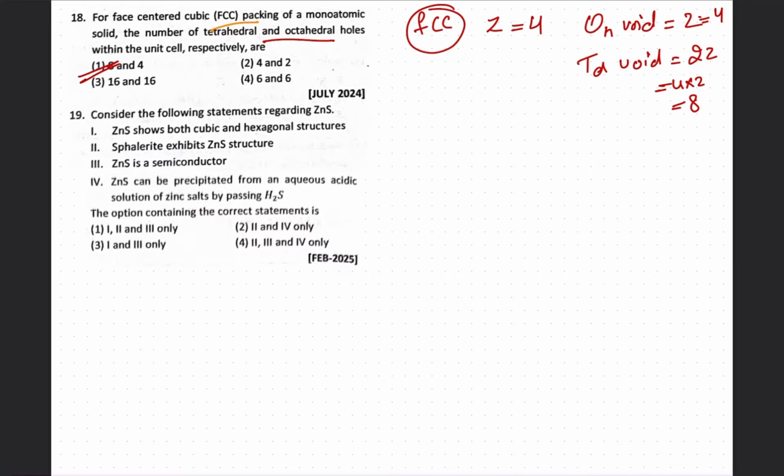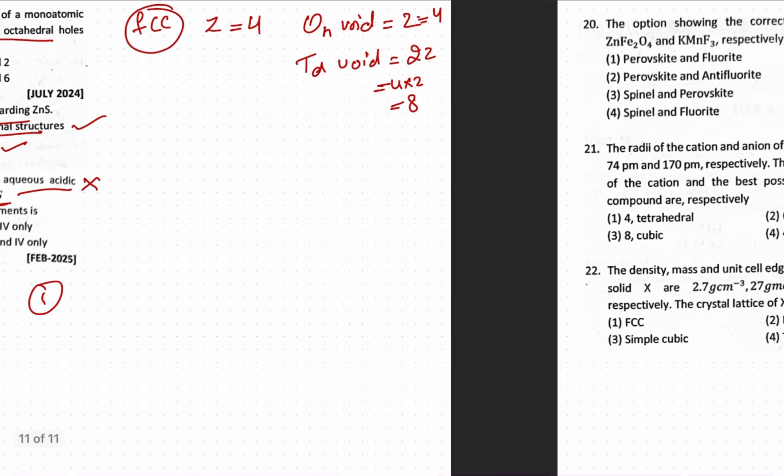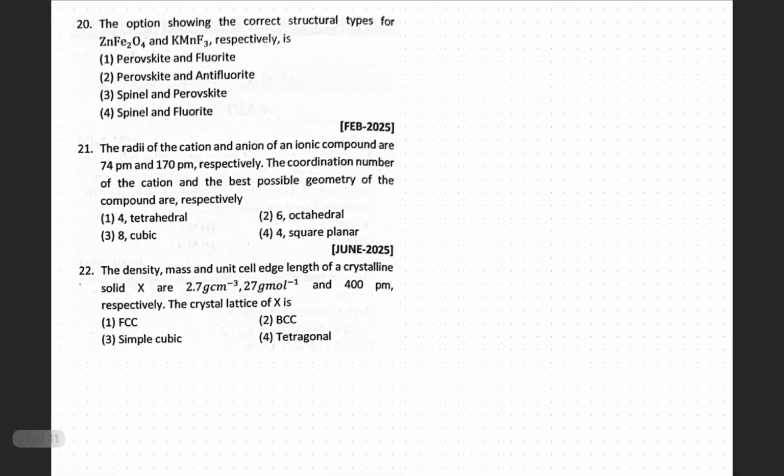Now this is a statement type question. So first is ZnS exhibits both cubic and hexagonal structure, which is true. Wurtzite exhibits this ZnS structure, true. This is also a semiconductor, but the fourth statement, ZnS can be precipitated from aqueous acid solution of zinc salt by passing this, is wrong. We cannot precipitate it, so the correct answer will be 1. Right. Now next is